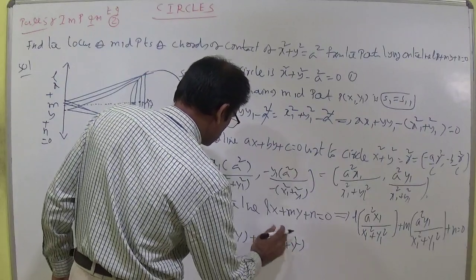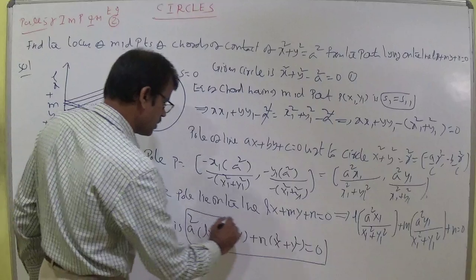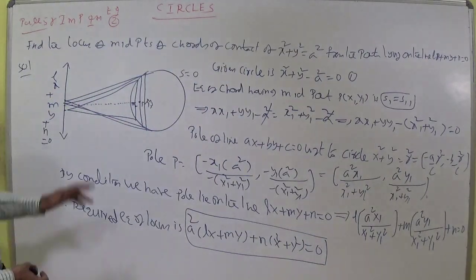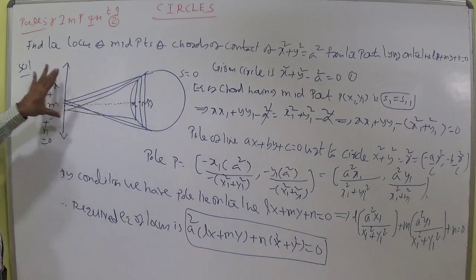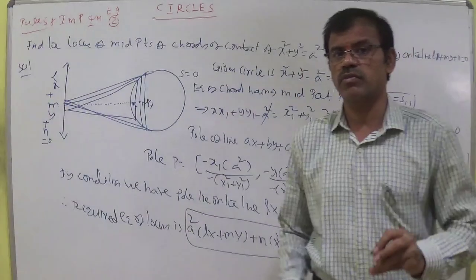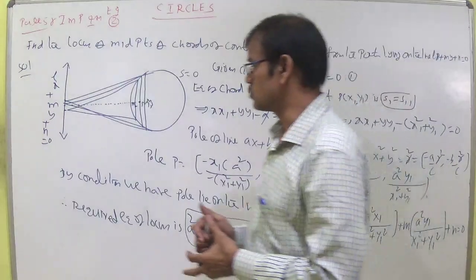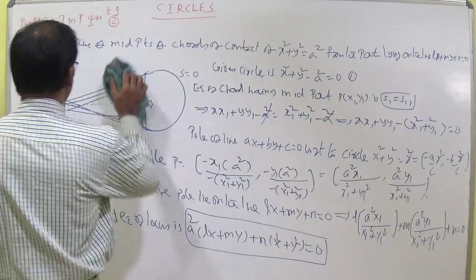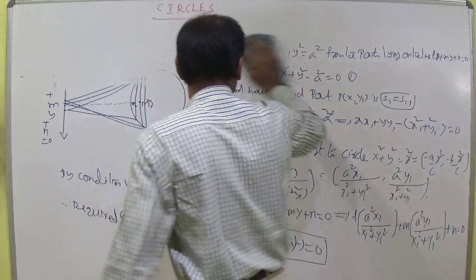This is also an important question. Whatever the locus is given, whatever the points lie on the line Lx plus My plus n equal to 0, the locus is a square into Lx plus My plus n into x square plus y square equal to 0. This was a direct bit given in MSET 2013. Now we have successfully completed the theory concept regarding exercise 1D.